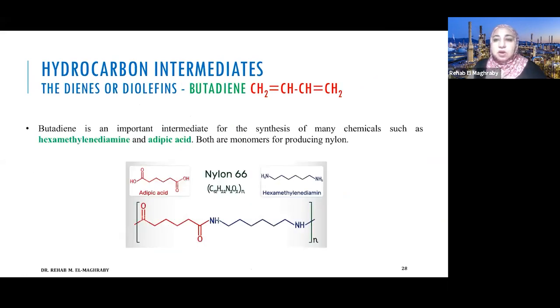If you come across this type of rubber. Also, nylon 6,6, one of the important fibers and plastic components. Adipic acid can be produced from butadiene. Hexamethylene diamine can be produced from butadiene. Adipic acid and hexamethylene diamine can react together and give nylon 6,6, which is based on butadiene. Butadiene is produced from cracking of propane or cracking of butane, or can be produced as a byproduct from the cracking of naphtha, not from natural gas but from the crude oil.